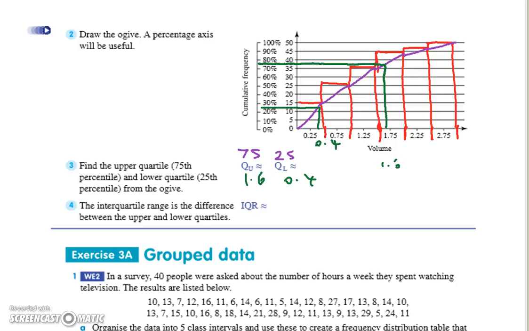Then we find the interquartile range, which is pretty easy. You should be able to do that in your sleep, though why you'd want to do it in your sleep, I'll never know. Now, you'll notice, though, they don't use an equal sign. It's an approximately equal to. You're using an approximately equal sign if it's not exact. Okay. But more